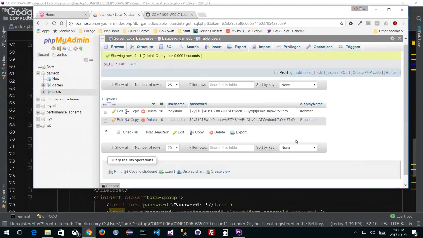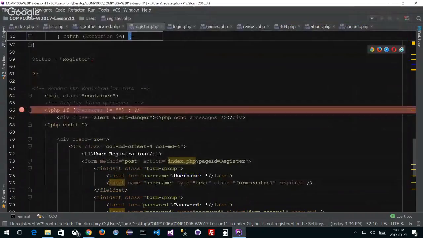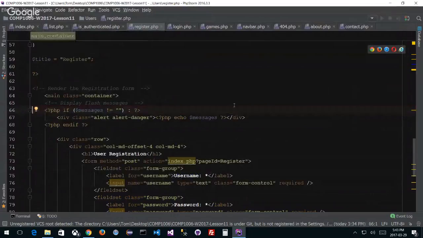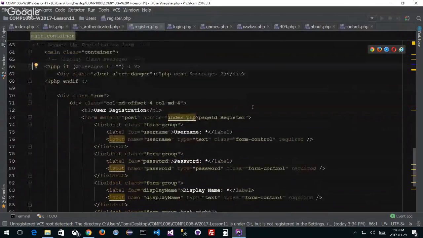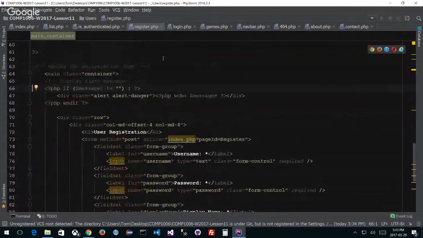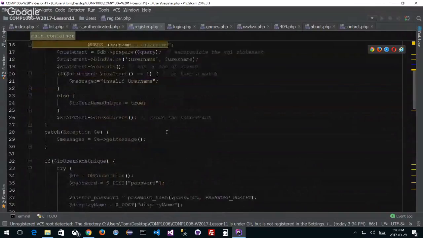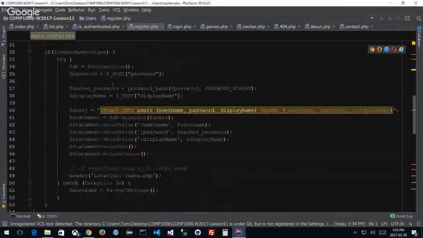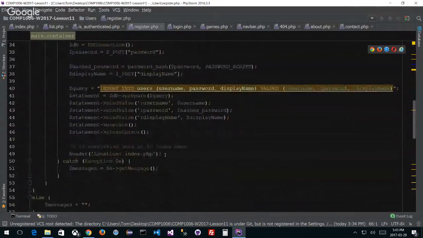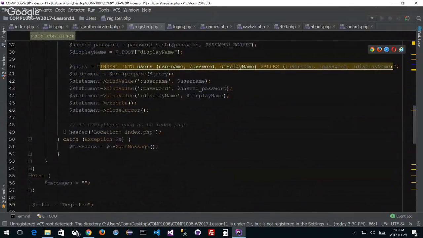Okay, so good. We've taken care of that issue, but now I want to log in, right? And I want to show you the reasons why a controller makes sense. So, I'm registering. Let me go to my register PHP page, and now we want to log in. As soon as I register them, I do this part now, and as soon as I'm done, instead of taking a header to index.php,